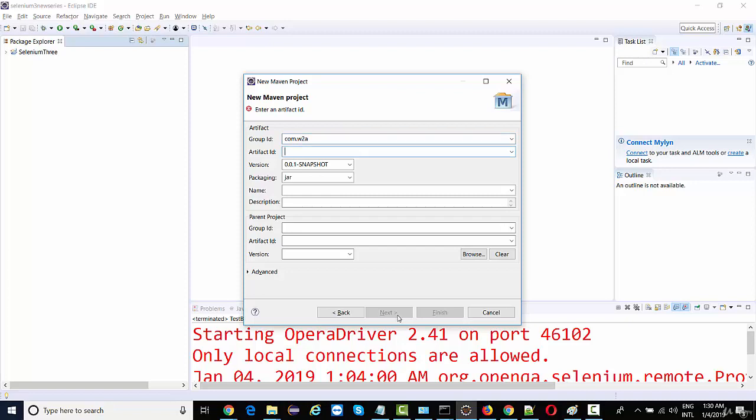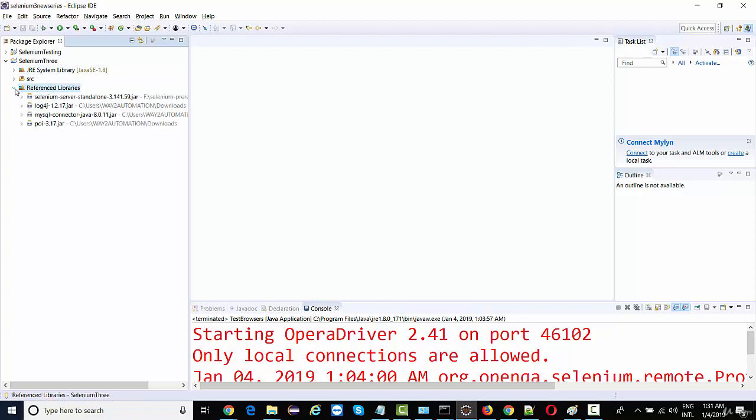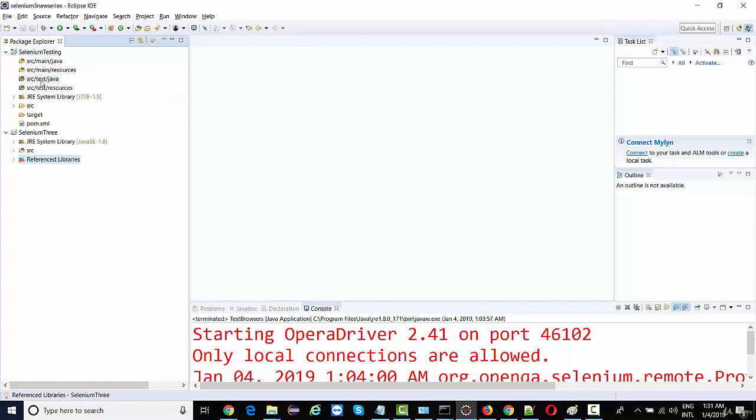Artifact ID is your project name. So for the project, I'll say Selenium testing. Click on finish. You're going to see a Java project created, Selenium testing. Now your normal Java project has got a small j over here, but your Maven project has got M and J. If you open your normal project, you'll find the SRC folder, JRE system library, and the external jars that you have manually added. But if you open this Maven project, you'll find an architecture something like this, along with one